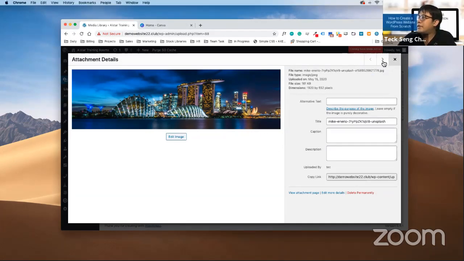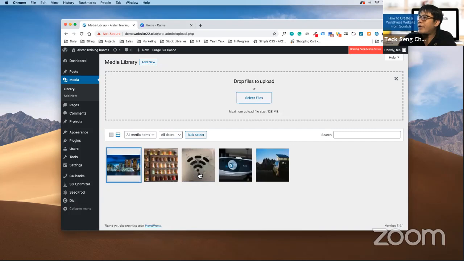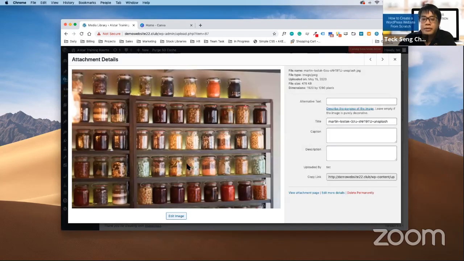So what we need to do next is to select the next image, close this away, select the second image. You can just take a look at my screen first. Now, for this image, I know I'm gonna do a 1:1. So I'm gonna select around this area. Same thing, what I need to do is just click on edit image.